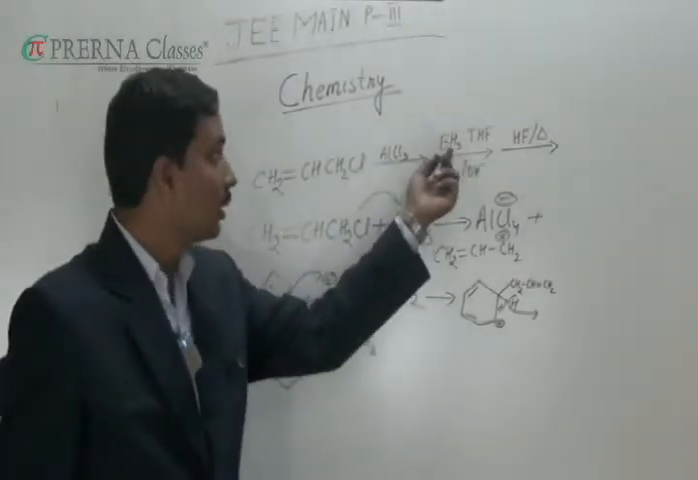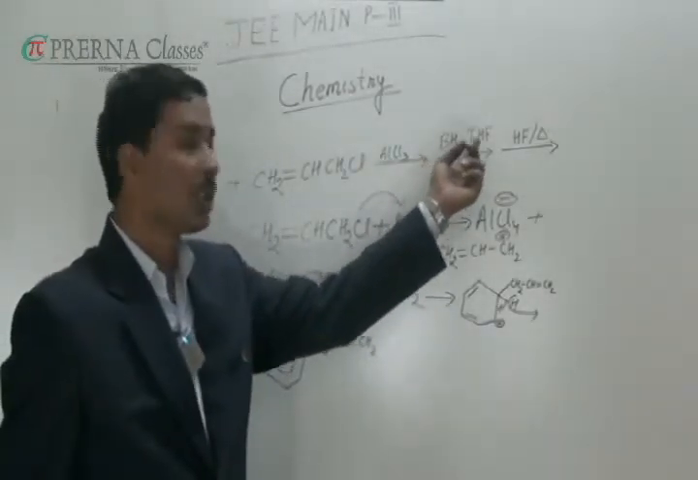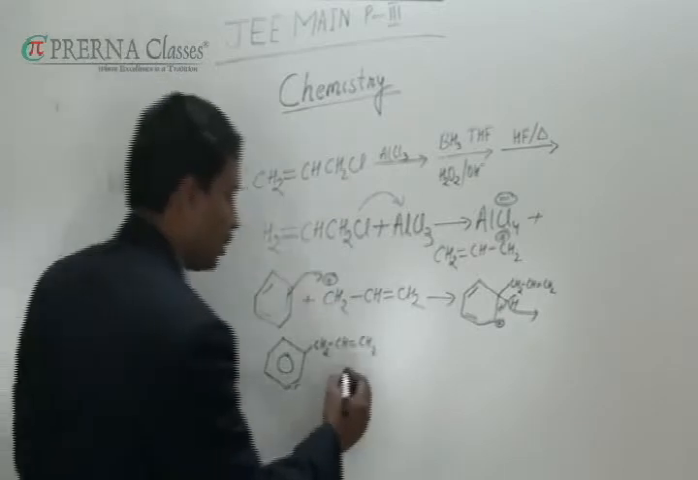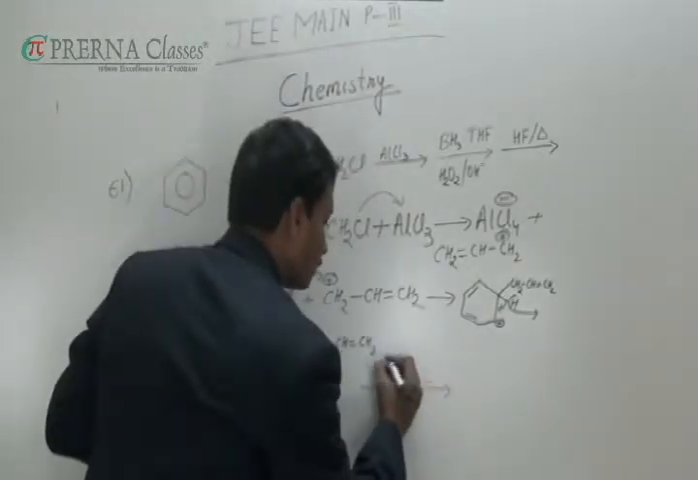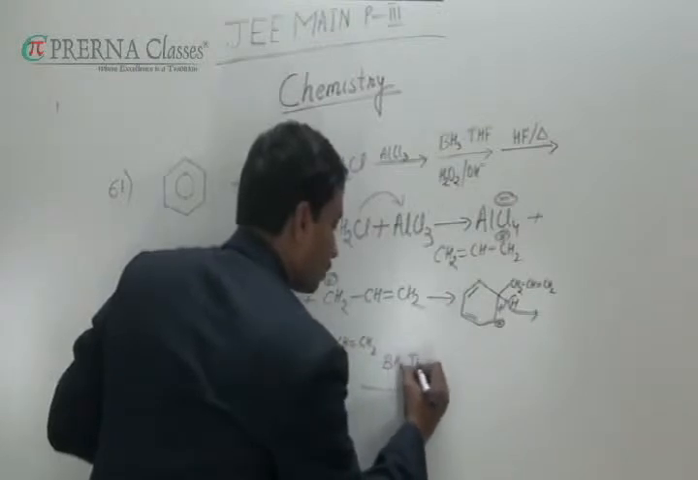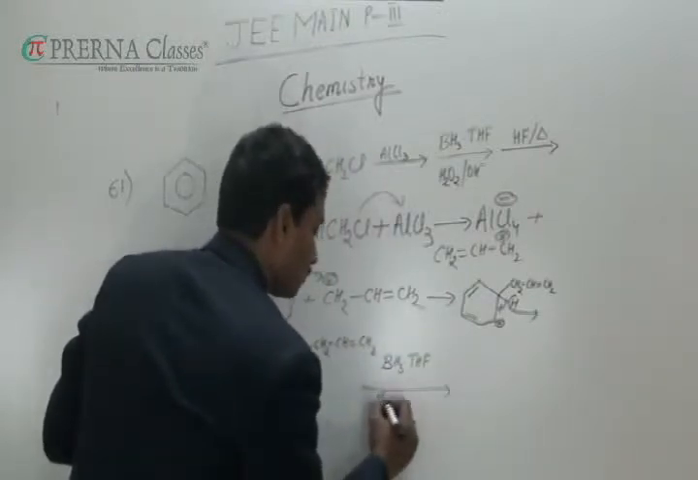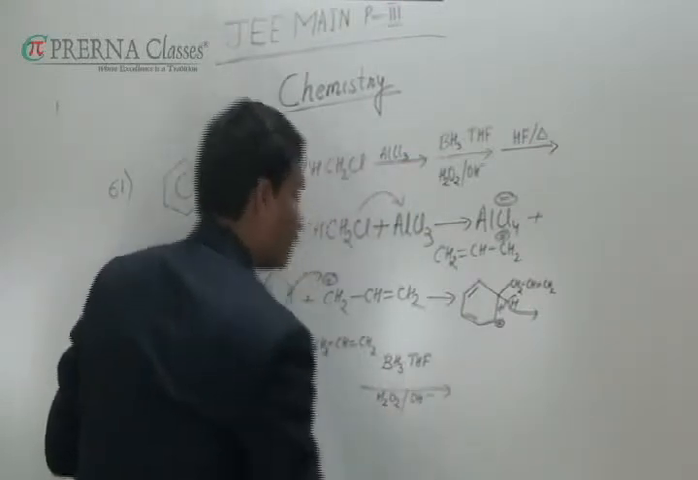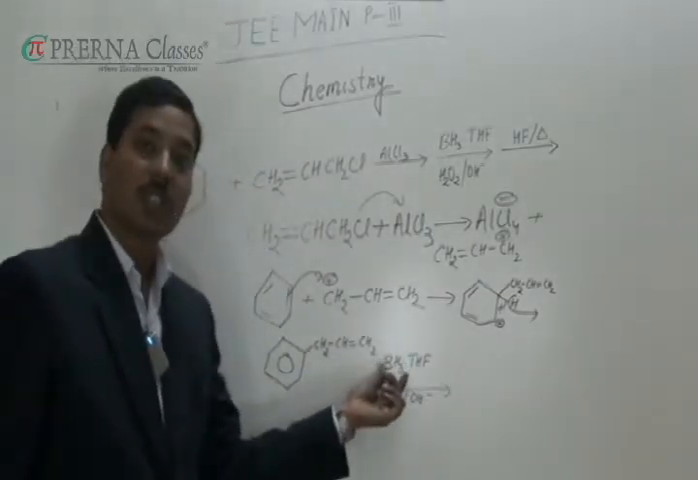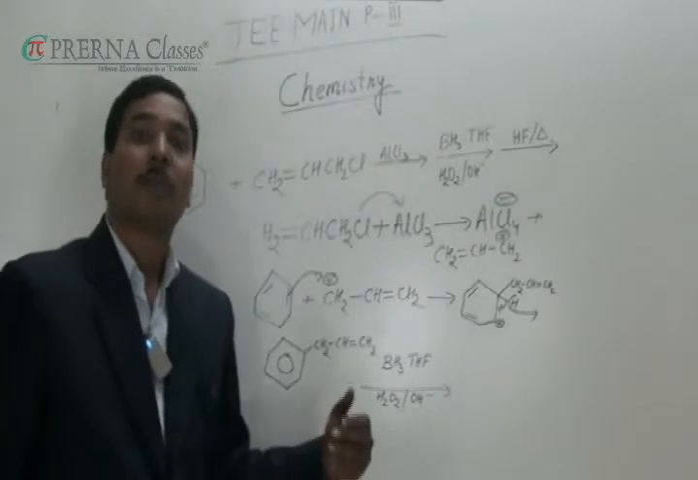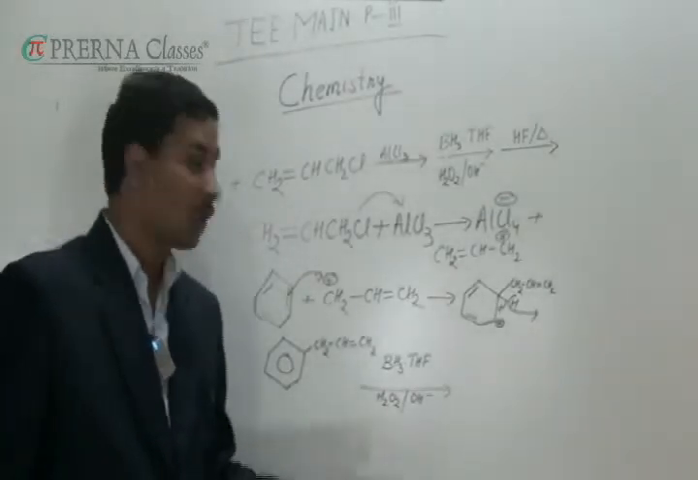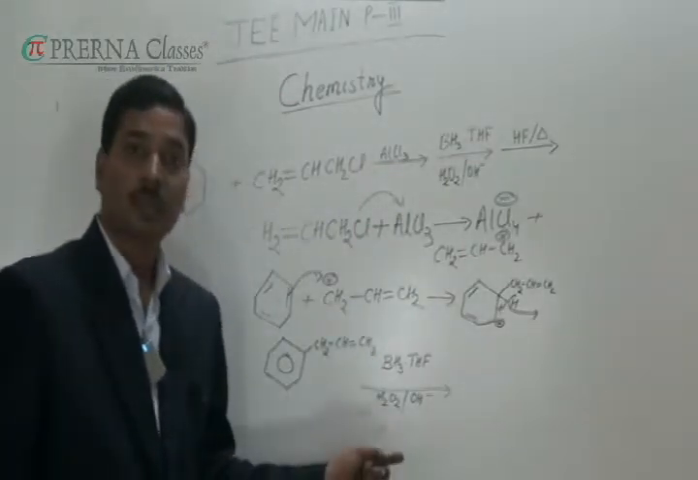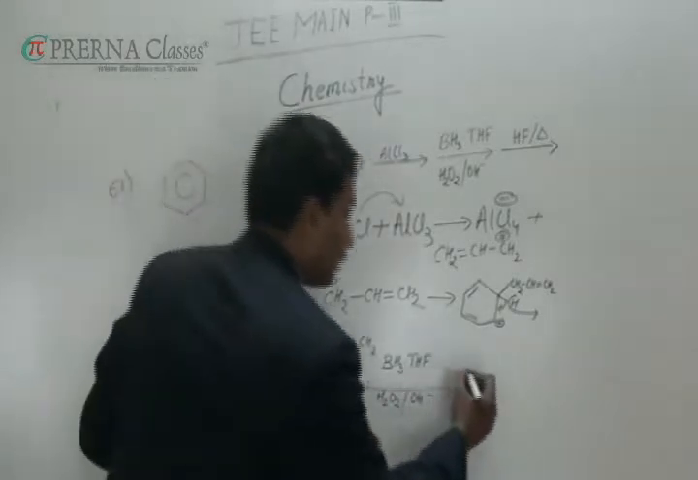The next step is it is reacting with BH3 in presence of THF followed by H2O2 in presence of OH minus, that means alkaline medium. Now the function of BH3, it will always provide primary alcohol, or we can say less substituted alcohol. So in this case it will provide 1 degree alcohol, it is the less substituted, so it is converted into 1 degree alcohol. So we can write